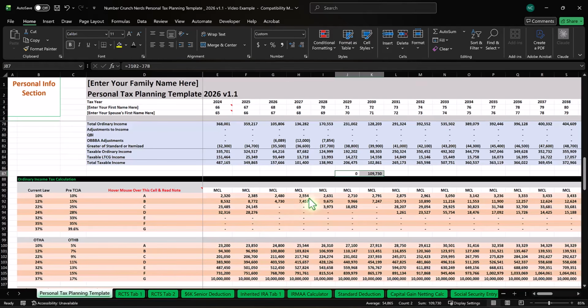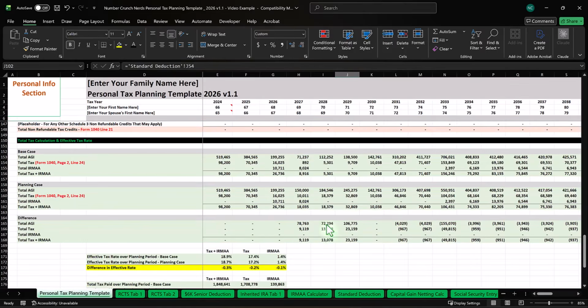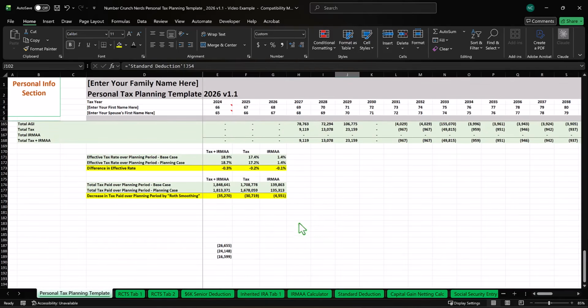You can see right here that our side calculation has been zeroed out because we have total ordinary income equal to the top of the 22% bracket. So that Roth conversion is complete. Let's go down to our analysis and see where we are. We are now at $35,270 of tax savings. You can see right here in the detail that what happens with the Roth conversion is